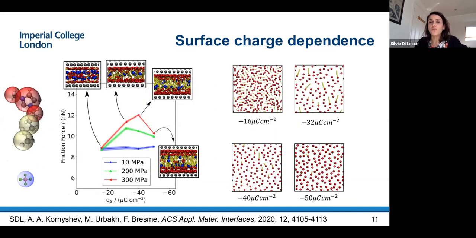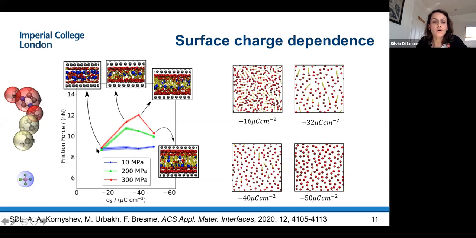Okay, now what's happening if we change the surface charge applied on the plates? We see also for this more accurate model a maximum in the friction force as a function of the surface charge. In that case, what's happening is that we are reorienting the cation. If we consider the spheres, these red spheres are the polar head of the cation, and the yellow part instead is the tail. If we see the snapshots and this top view of the first layer next to the wall,